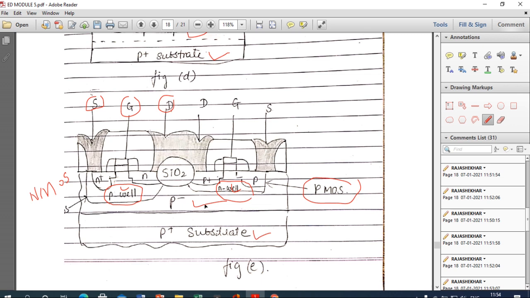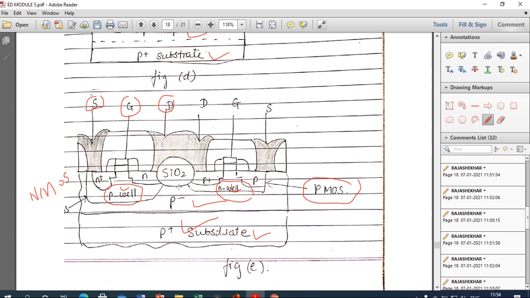That is, these wells are self-aligned when the pentavalent and the trivalent impurities are doped into the P plus substrate. So hence the name given as twin well self-aligned process.